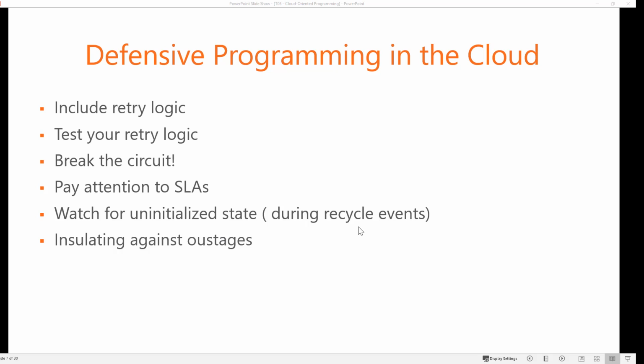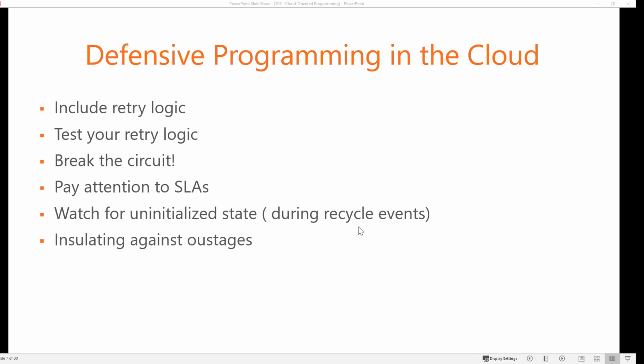So with this, we come to the end of video number 2. Here you saw 3 techniques. One was paying close attention to SLAs. If the SLA does not match your expectation or your client's expectation for a service, maybe you will need to write some additional code to make sure that you are insulating yourself against a possible outage. That will mean some additional plumbing on your side. So of course you have to do a cost-benefit analysis of whether that additional plumbing is worth this additional resilience